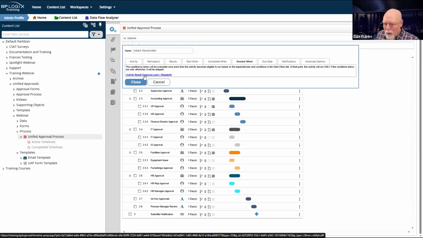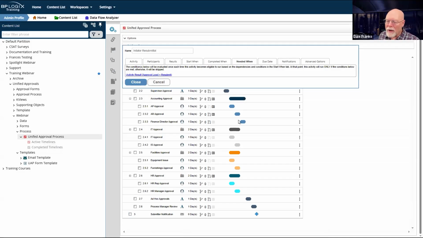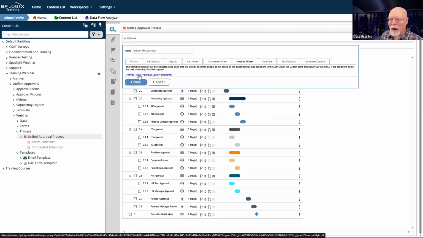Normally, when I only have one loop running, the parent loop always takes the activity result of the child activity that ran. I'm doing something a little more complicated here. I have several different parent activities. And so this parent activity is a child of the main loop. And then I have these individual activities that are children of the parent activity. So I need a little looser setup for whether I want my initiator resubmittal to run.